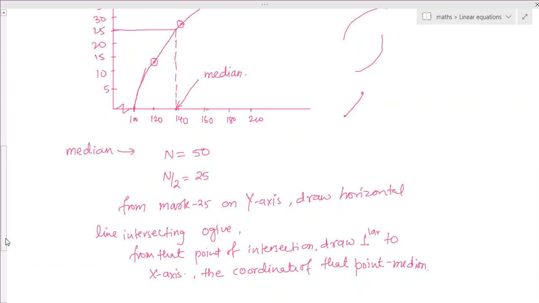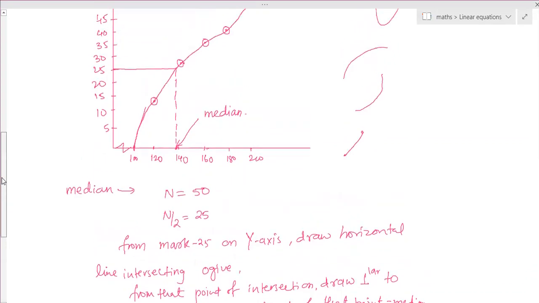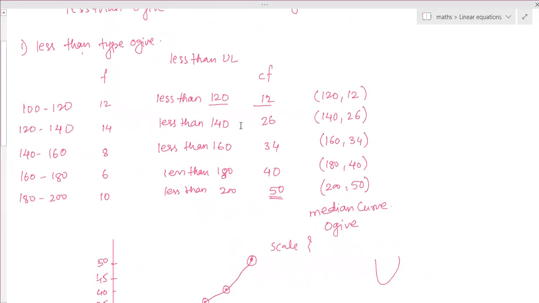Ma'am, how do we know to which point we'll connect the bottommost line of the ogive? Well, from where it started, before that line. Now here, how much is the difference? Between 120 and 140, the difference is 20. So you have to start from a value 20 earlier, and from point 0.